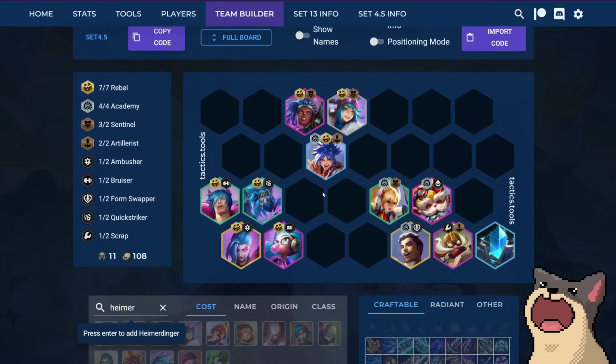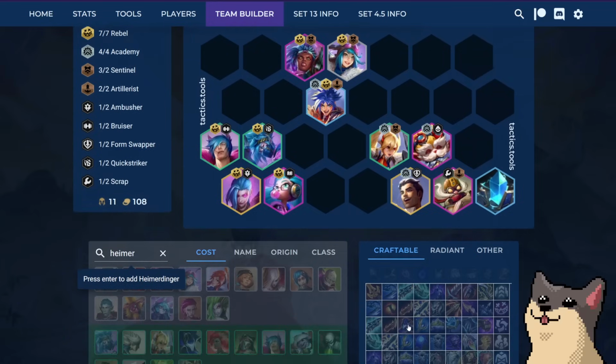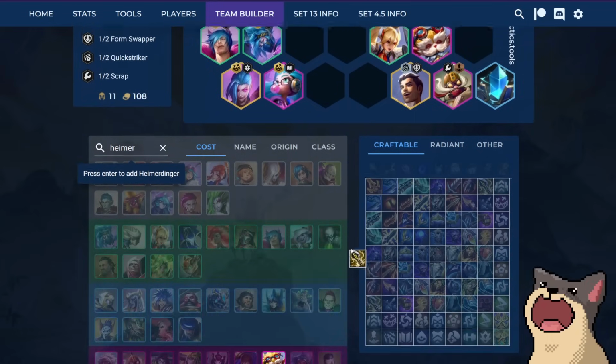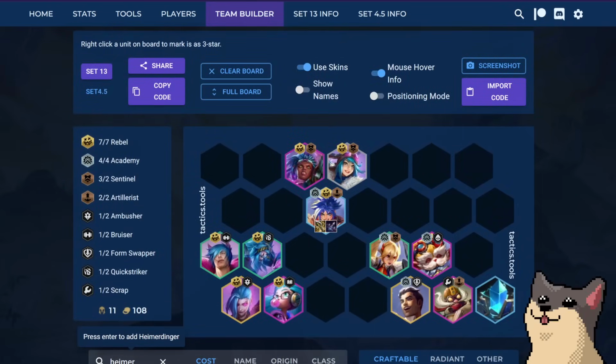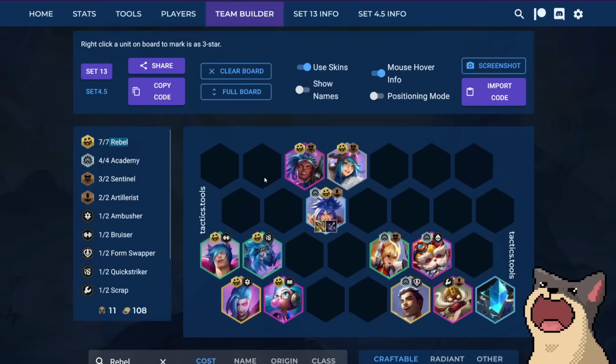So for example, let's say I was playing around Ezreal and Irelia in my early game. These are what I would call pivot points that you can then decide between two different boards. If I'm playing around Ezreal and Irelia, I can make items for Ezreal, like let's say I make an IE and a Last Whisper. I can carry Ezreal in my mid game, and I can carry around this unit. So I want to hold on to Ezreal, and I want to hold on to Rebel and maybe play around Rebel mid game,